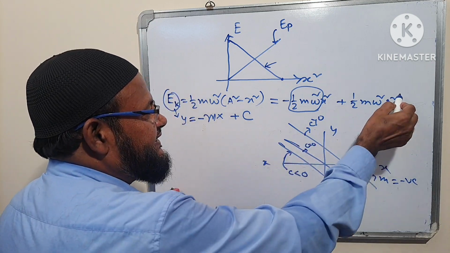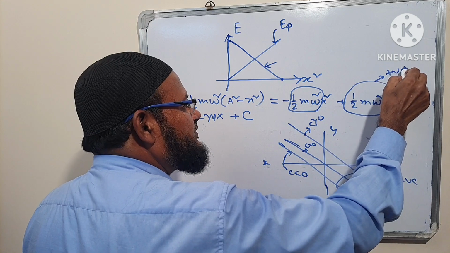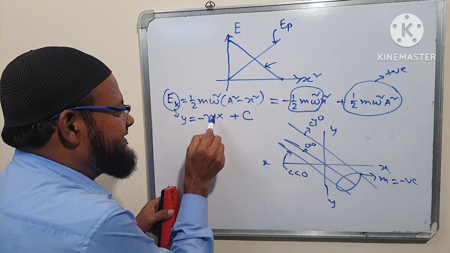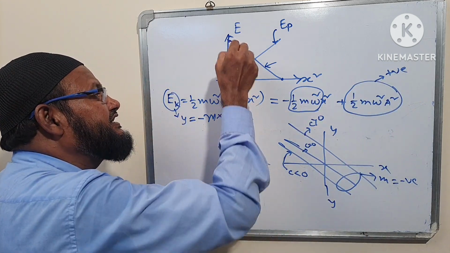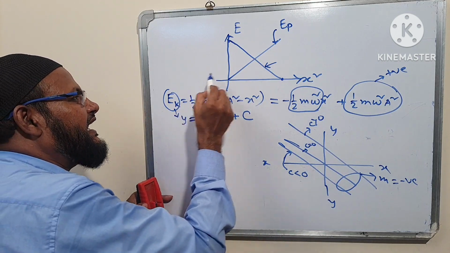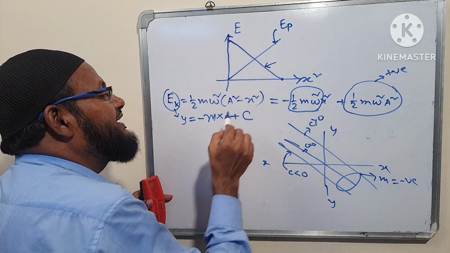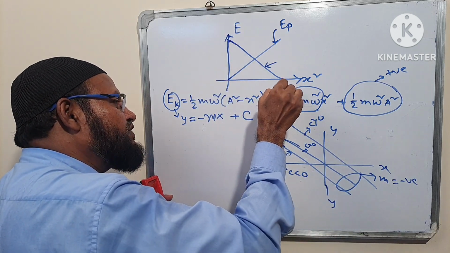In this graph, sir, c is positive. Here c is positive. This is minus and this is x. Therefore, on this side, what is wrong? First thing, the graph will not extend like this. This part is wrong. Why wrong? And in this case, sir, the one below is also wrong. Why?